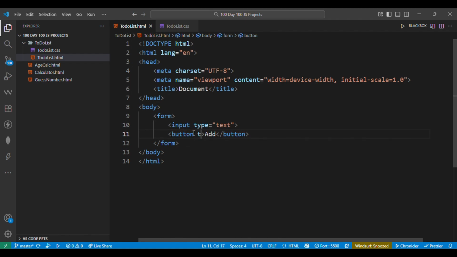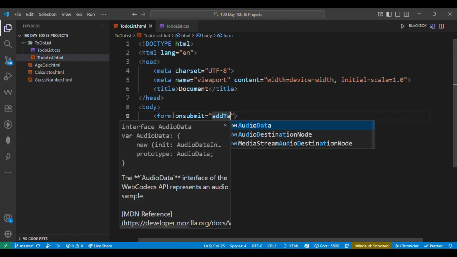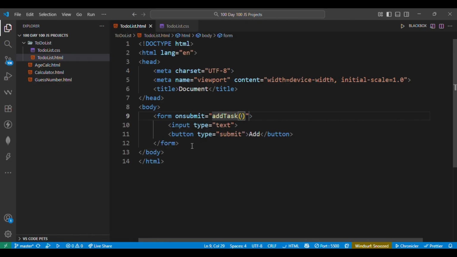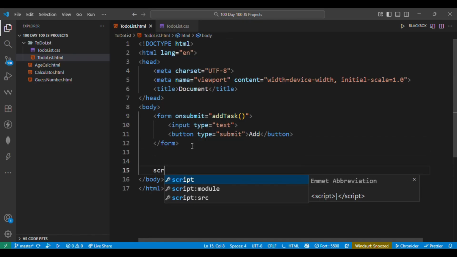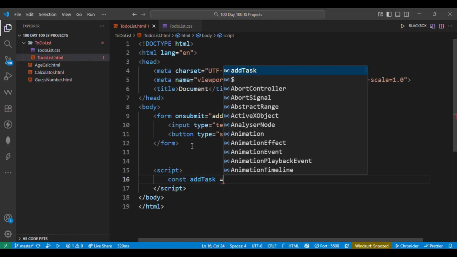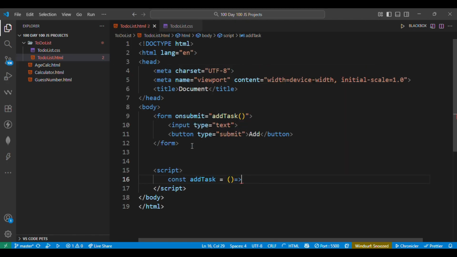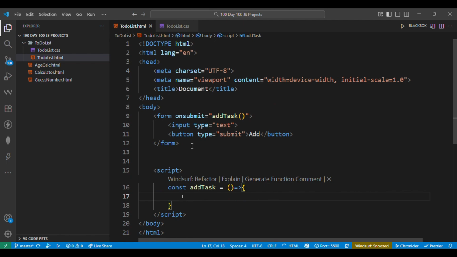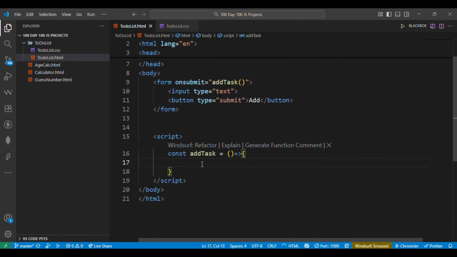This is a form, so I need to set the type of the button to submit, and after submitting this button, let's write onsubmit. The function will be addTask. In our script tag we create an addTask function, and what addTask is going to do is